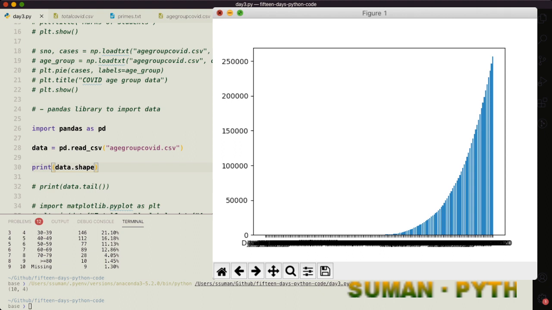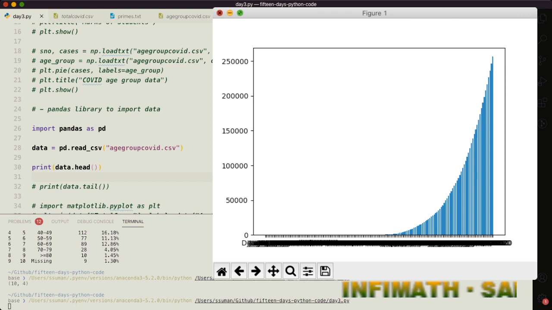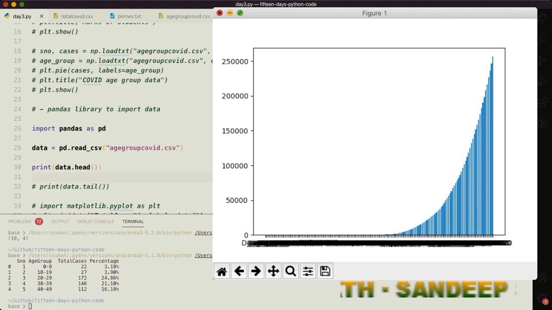Also you can get the head of data. Head, this is a function, head, that's why we have to use open and close parenthesis here. Okay, so let's run this and get the head of data. What this head function does, it accesses the 5 rows of data. First is the header, and these are 5 rows. Okay, 0 1 2 3 4. We know that counting starts from 0, so the head function will access top 5 rows of data, including the header. Okay, you can see that the header is also included.